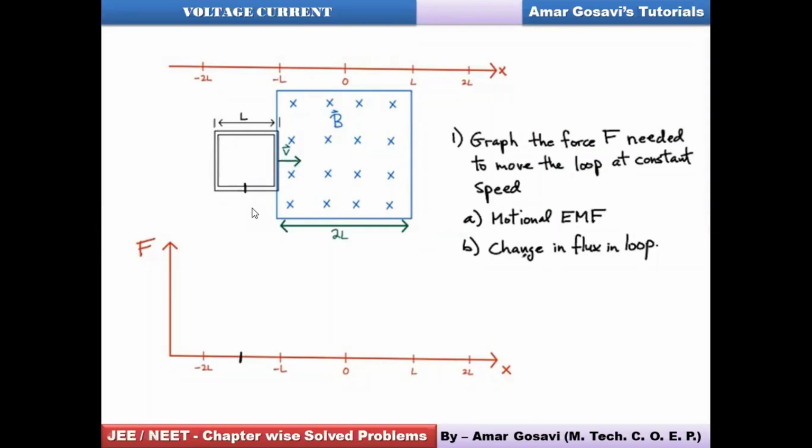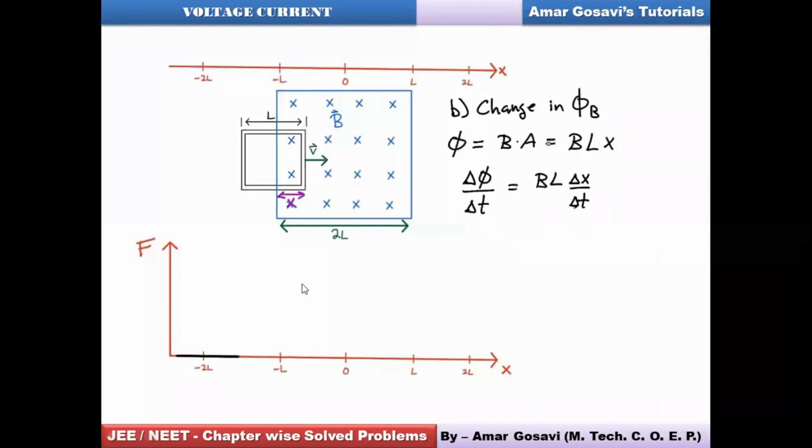Whenever the coil moves in the magnetic field, the flux will be phi equal to B into A. Now this area is the area swept. What area is swept? Say, for example, x is the distance covered in the magnetic field, and the area swept will be L into x. So A can be represented as L into x, and the equation for phi becomes B into L into x. If I differentiate phi with respect to t, d phi by dt will be given as BL, and the variable is x, so it will be delta x by delta t.